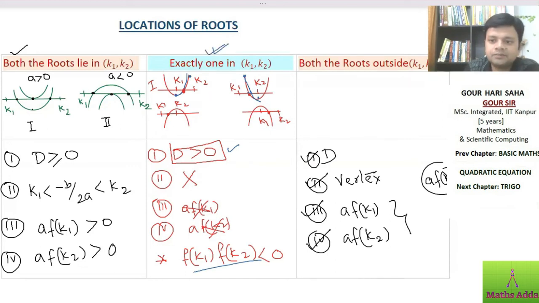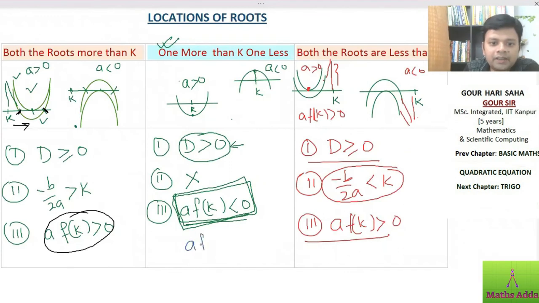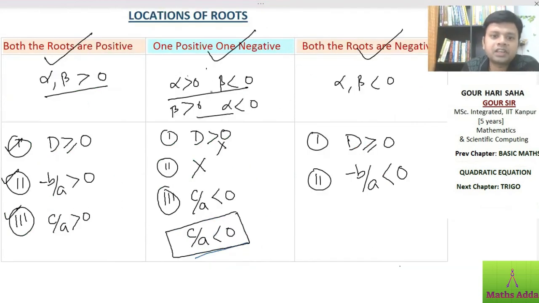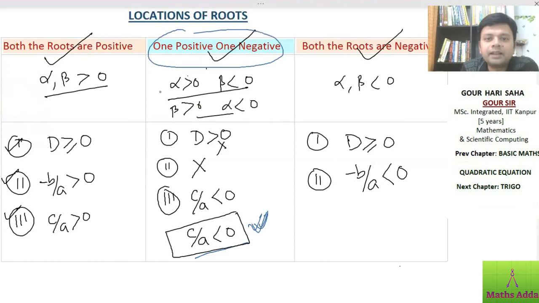You want to see that again? You see, A F K only one, less than 0. This is the condition. You want to see more? So in the second one again only one condition, that is C by A less than 0. If you observe things, I will focus on this observation. If you observe things, math is even easier to remember. So always see the pattern. In second type always we have only one condition. So by luck, if you get a question from this type, this means it becomes a very easy question, right?